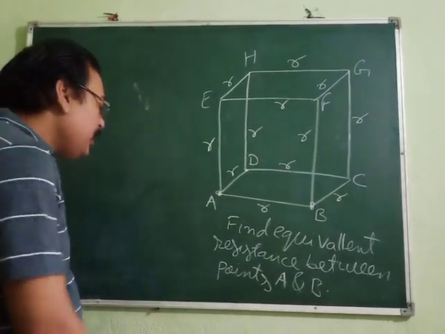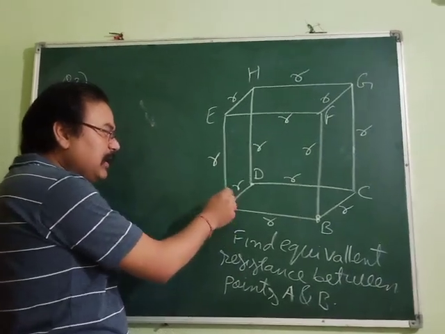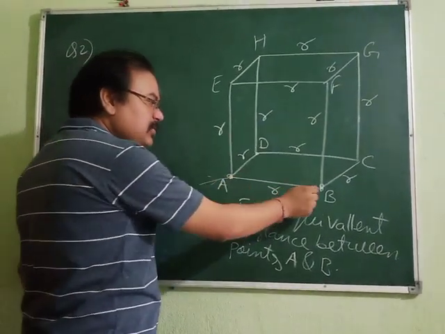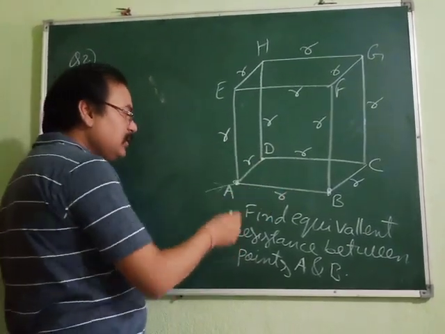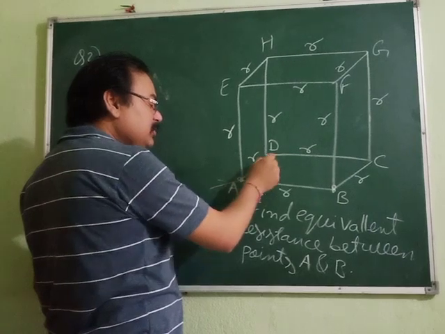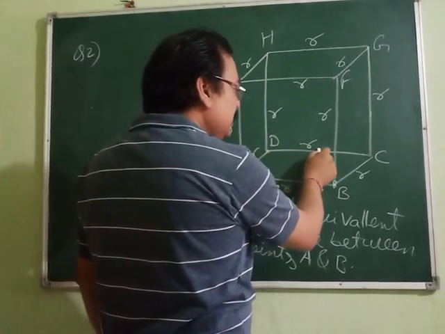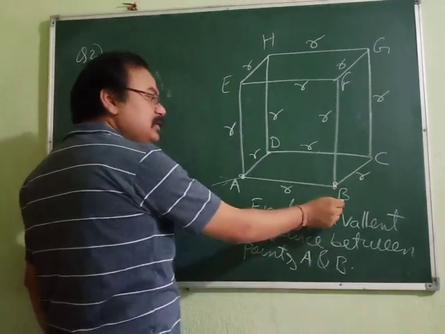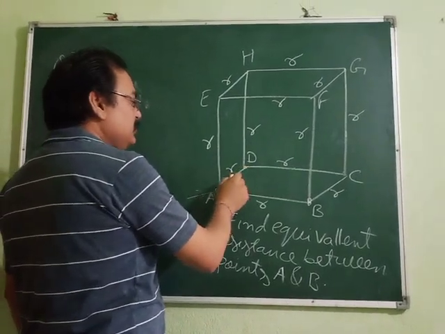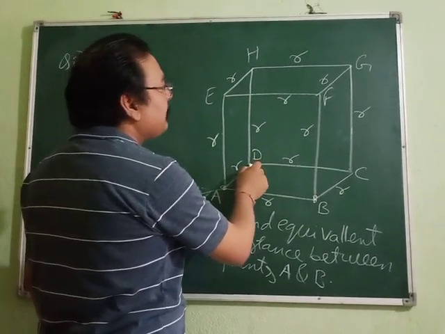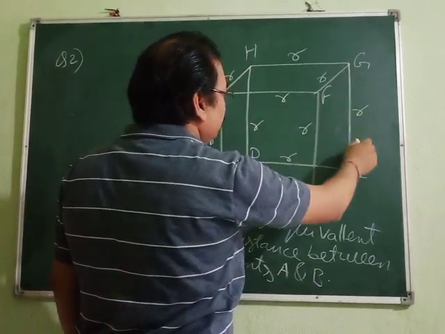Now see, when you are trying to send some current here, it will be divided along 3 paths. This is the shortest path. But what about these 2 paths? Let's see. When the current is passing through this path, it has to cross 1 resistor, then again 2 resistors, then again 3 resistors, and then it will reach this point. So minimum 3 resistors it has to cross. Here it is crossing 1, 2, then 3, and then 4. This is the longest path.